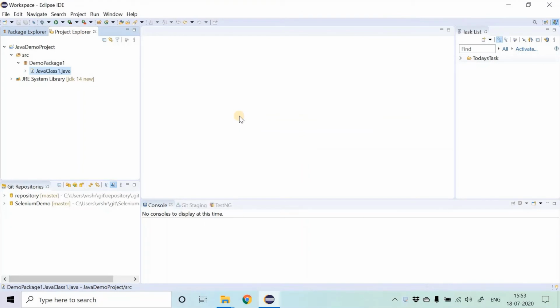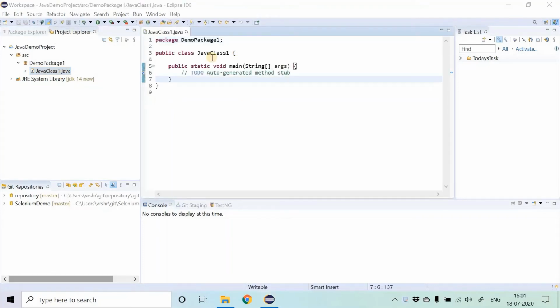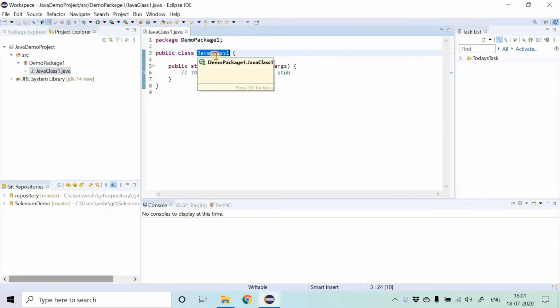A Java file will contain a .java extension. Let us open it to view the Java class that we have created. You can see that the class name is Java class 1 and the file name is Java class 1. So from this you can deduce that your class name and your file name should be the same.